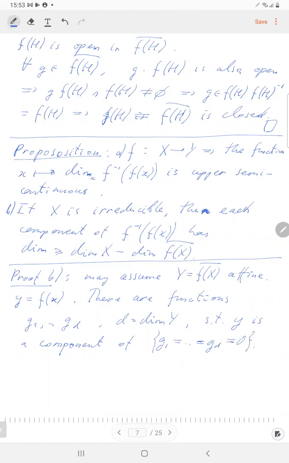Yeah, last year we had such a claim, and even more general. We had an equidimensional subvariety of some equidimensional variety, maybe affine, and we claimed that we can choose a number of functions on the ambient variety, the number equal to the codimension, such that the subvariety is just one component, or if it's not irreducible, then a few components, of the zero set of those functions. Okay, we proved this sometime in October, I think, and now let's use it.